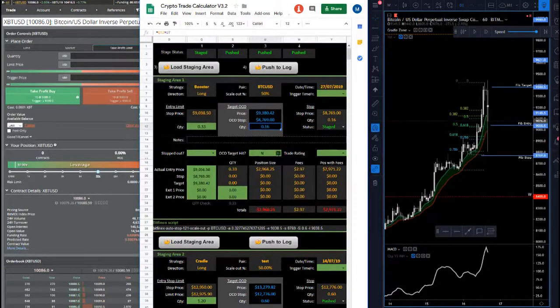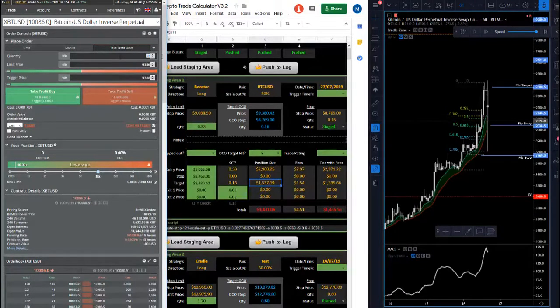So a little trick on the spreadsheet, if you say you hit your target, then down here in the calculator, it's going to give you the position size of half the position. So it gives you the quantity there, which is half of this quantity, and that's your position size, which is half of that. So that's what you can use up in here for your target quantity,